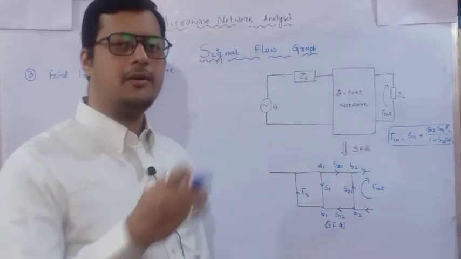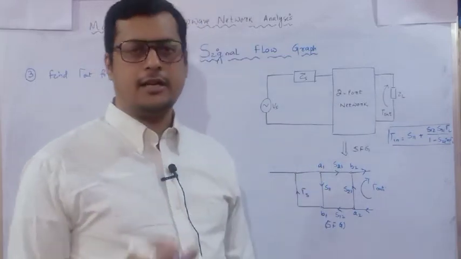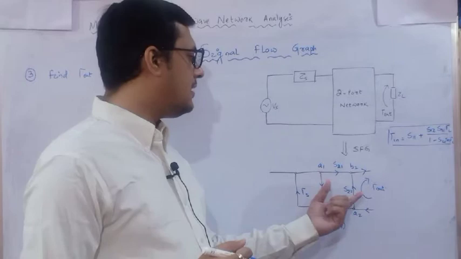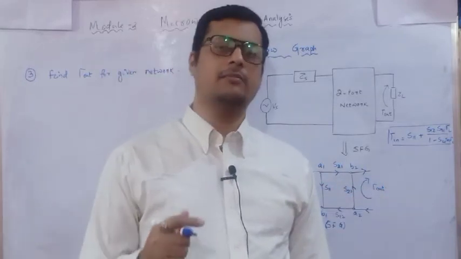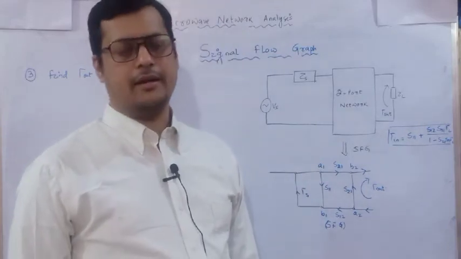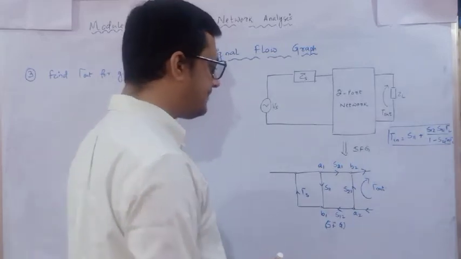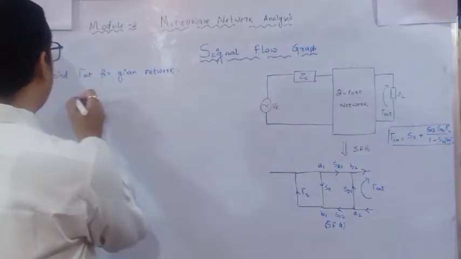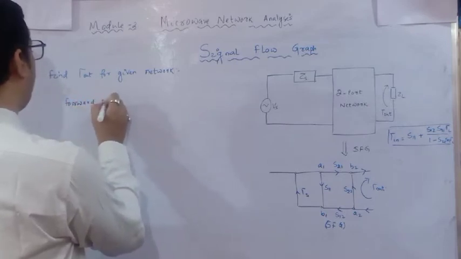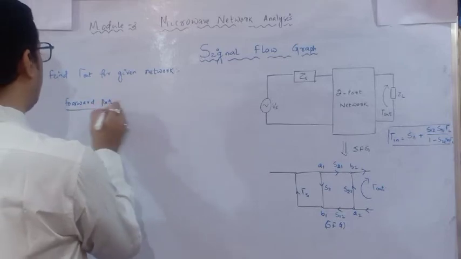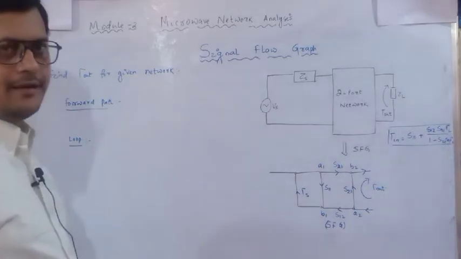And we have seen the properties of the signal flow graph, why we are using the reflection coefficient at the source end also. Now if I look from this side, how many forward paths and how many loops are going to be identified, so that we can use Mason's gain formula. Step by step we can see. Let me write how many forward paths we have to determine, and how many loops there are, that also we have to identify.